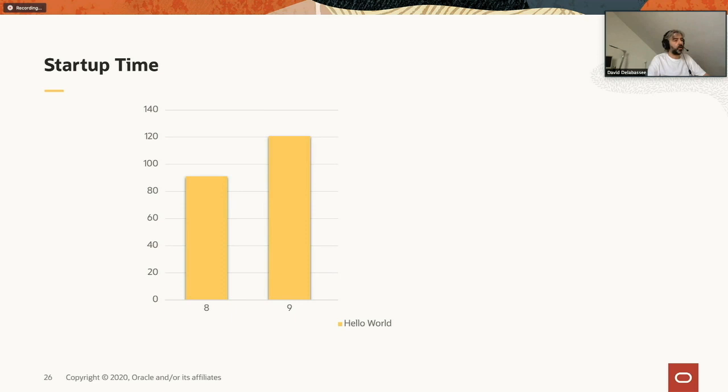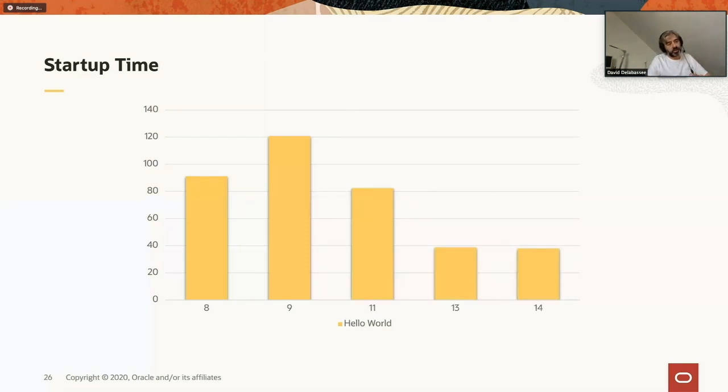So quickly, startup time is something that we always look to improve in all the Java releases, and obviously 14 is not an exception. Now we can see in this case that the startup time for a small application, it's basically a Hello World application, has a small improvement. Obviously, the faster we get, the more difficult it is to find large improvement. But still, between 13 and 14, the startup time has been improved, and I can already tell you that between 14 and 15, it will still slightly improve.